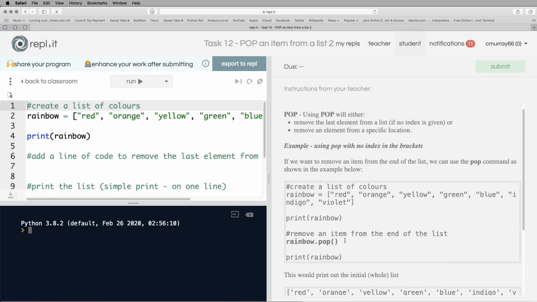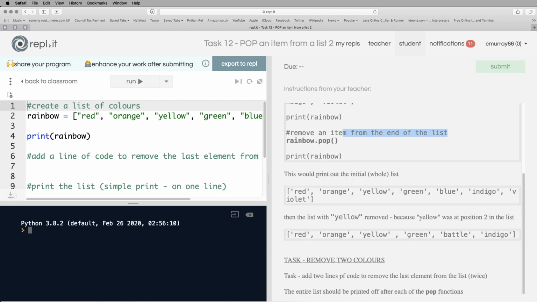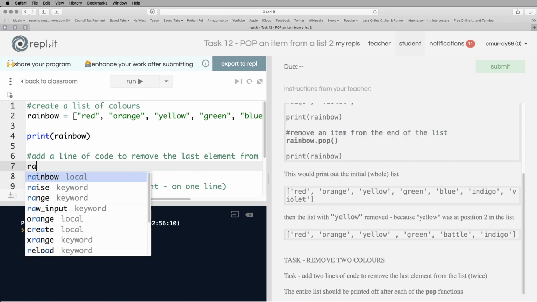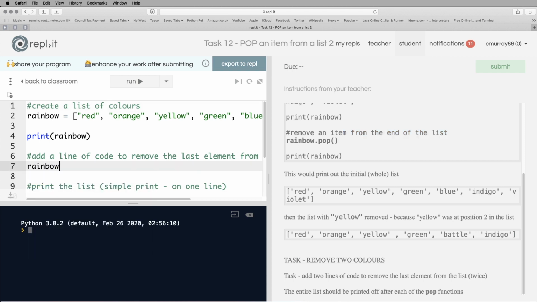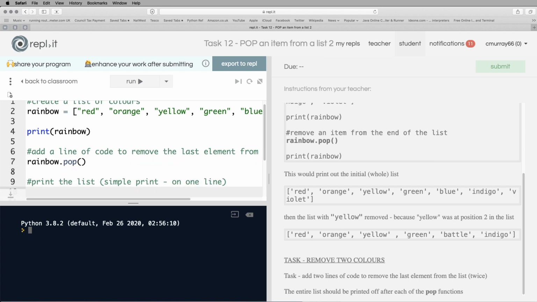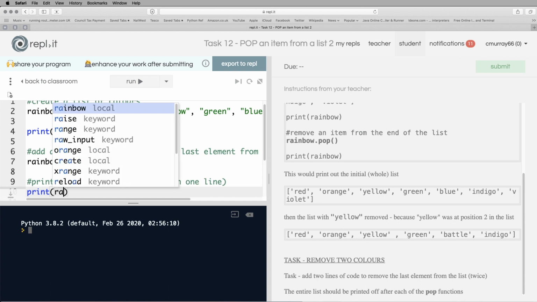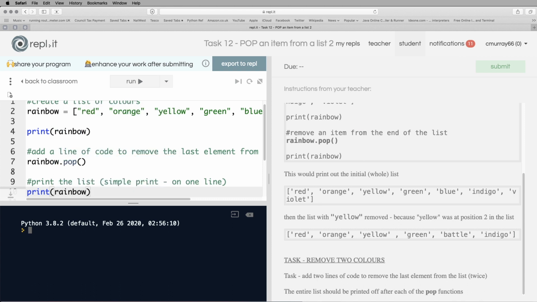And with this example here, what we realise is pop, without a number in it, will always remove the last item. It always removes the item from the end of the list. So, task: add 2 lines of code to remove the last element of the list twice, and then print off. So here, we're going to go rainbow.pop, just like that, and then print rainbow, so no index specified,